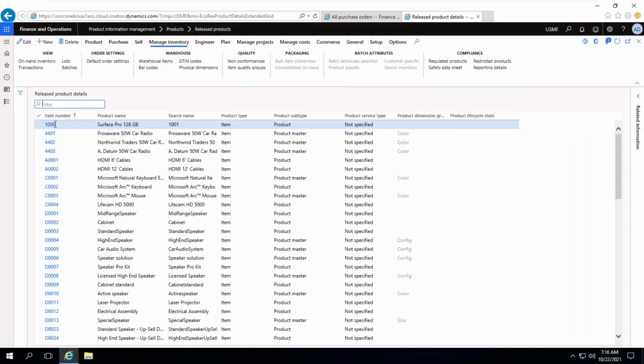Approved vendor list. If you go inside the item, this is the item master, item number 1000. If you click on this one, it will open the item details.